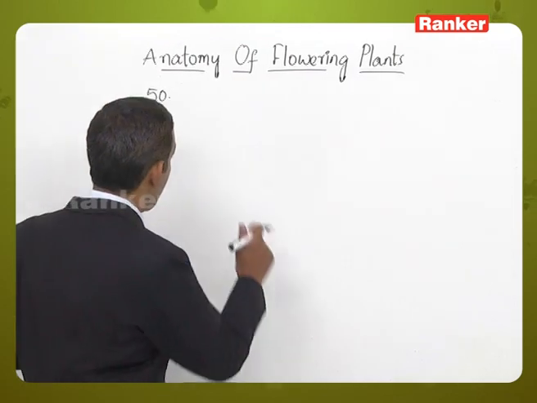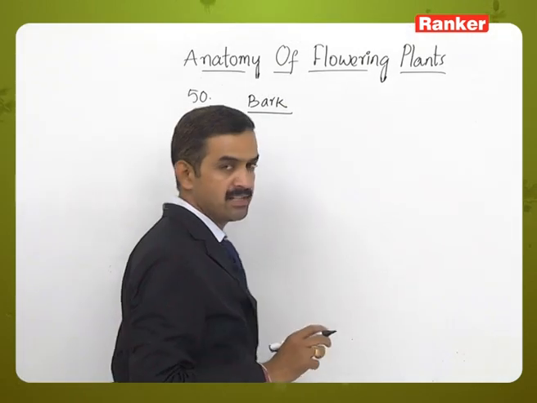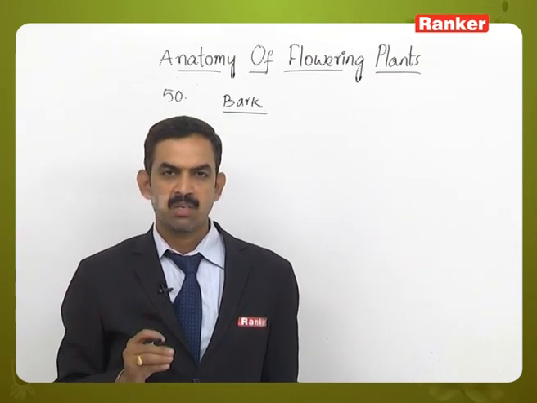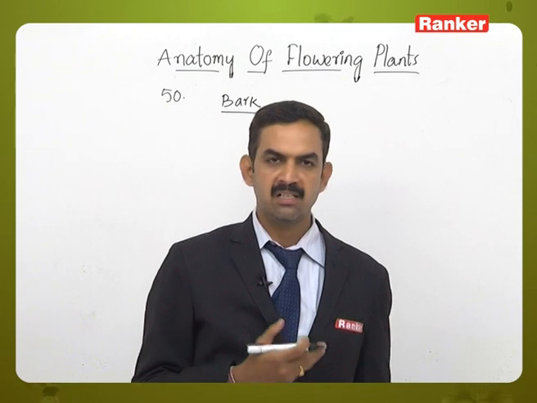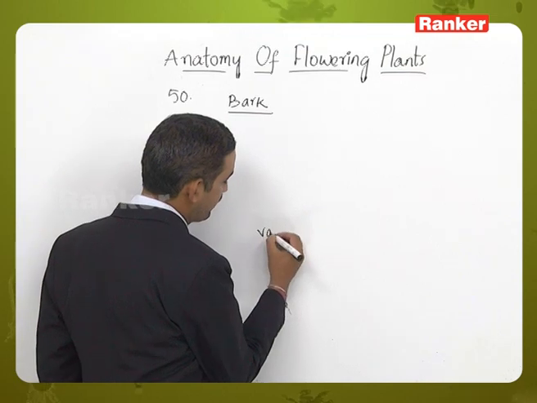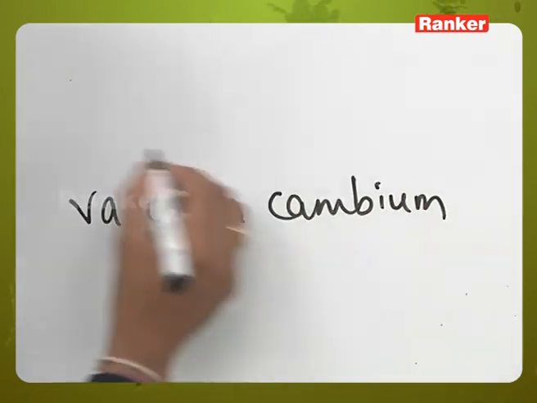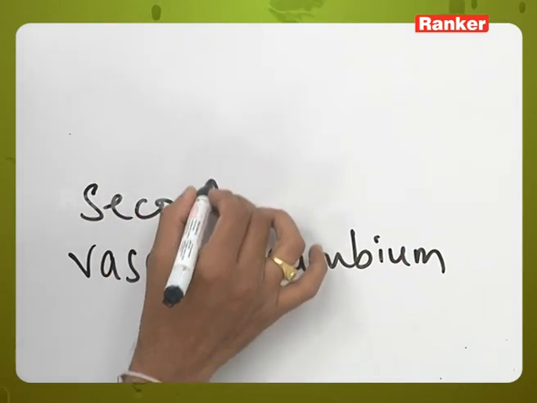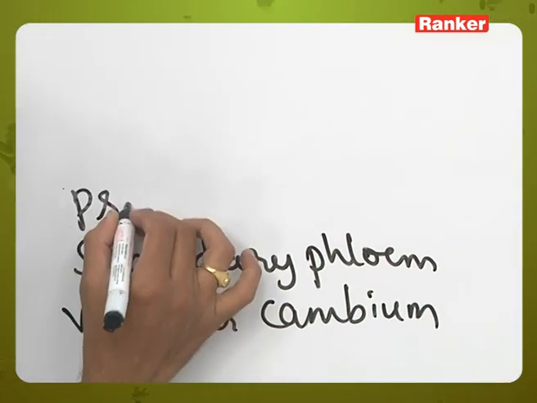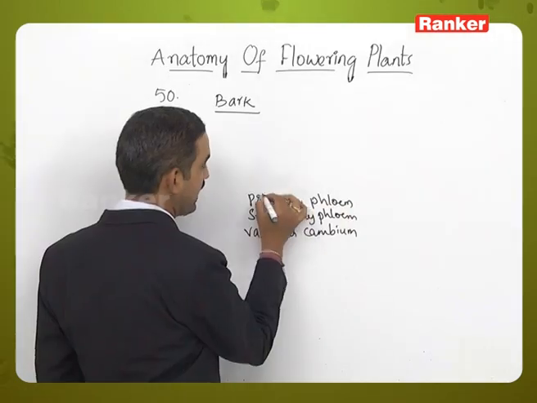So here, bark is a tissue which is formed as a result of secondary growth in the dicotyledonous stems. One more point has to be noted here, that bark is nothing but all the tissue which is present outside the vascular cambium. Let us see what are the tissues present outside the vascular cambium. Vascular cambium will produce secondary phloem towards outside, and there is a possibility of a little amount of primary phloem also. It may or may not be present, but if it is present